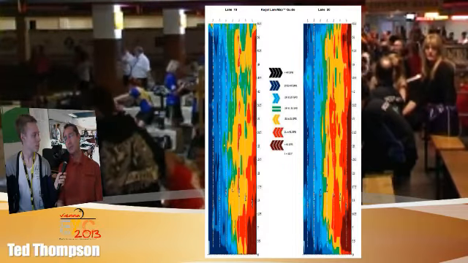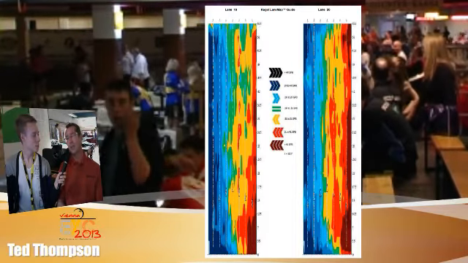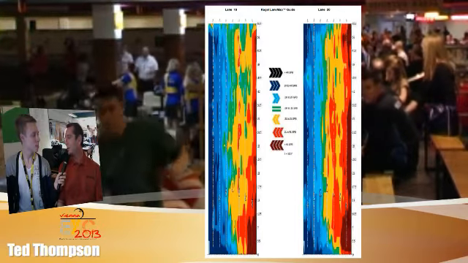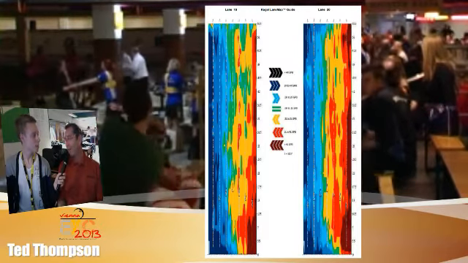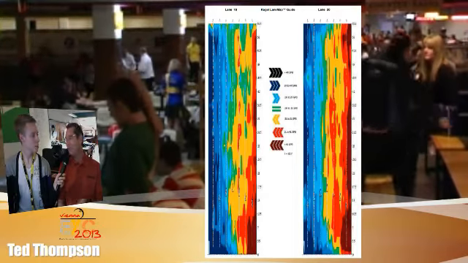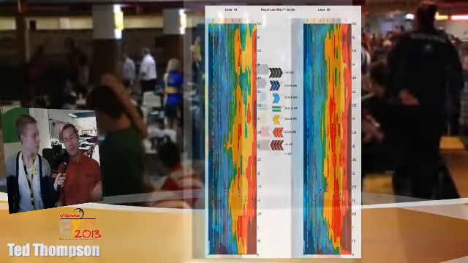We create these 2D color-coded slope graphs, and now we really see what's influencing the ball motion under the oil pattern. A lot of people put a lot of importance, a lot of emphasis on the oil pattern, but believe it or not, the oil pattern